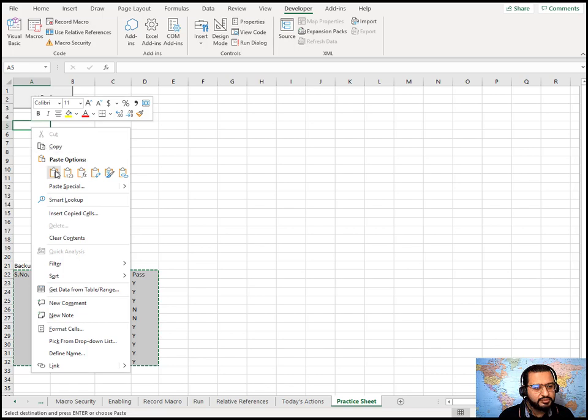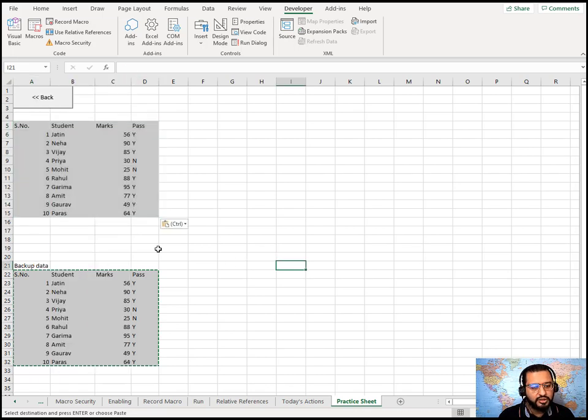and paste it here like this. Now assuming this is my Excel data, and I want to format this data, but this is one activity which I have to do every day. What I'll do here is record a macro that will format this data on its own, and once I record it, the second time when I want to do it, it will be done automatically on a single click. Okay, so let's see how this works.